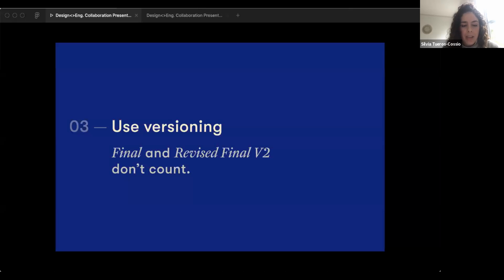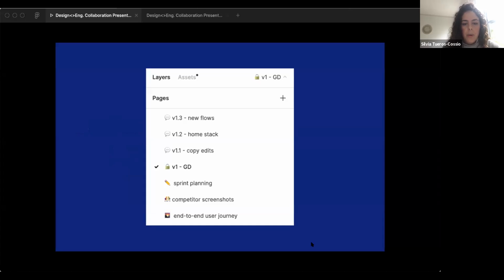For my team, what that means is that we use V0 for initial explorations, and then we'll work our way up to V1, our MVP launch. So when we get to a version that has been compliance and stakeholder approved, that's when the page title actually gets a little emoji lock. So any other iterations outside of that get pushed to a new version. That way we can still capture new ideas just in an organized way. We also use these version numbers in Jira, so it's super, super clear what version we're working from.